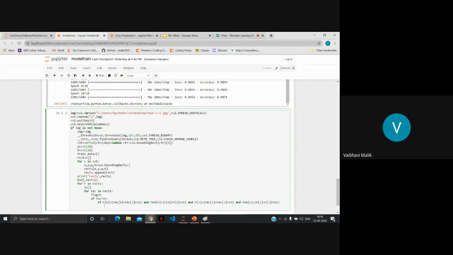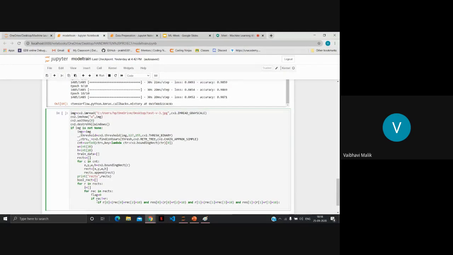What this means is we have compared the coordinates of the first rectangle with all the others, and see here we have converted index 0 and index 2. That means we have compared the x coordinate and the width. If the rectangle width is smaller, then we will discard the rectangle, and if it is greater, then we will keep it.